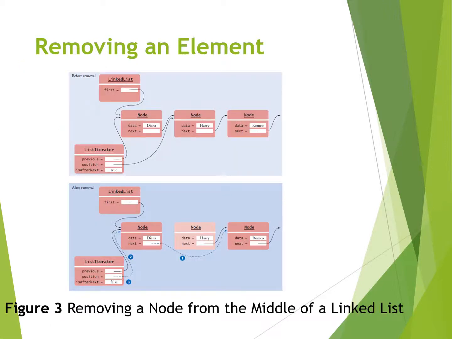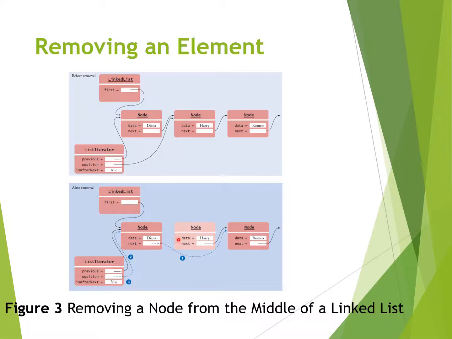So here is how removing an element in a linked list looks. This is before removal and this is after removal. Before removal, position refers to Harry's node and previous refers to Diana's node. After removal, Diana's node refers to Romeo's node, which is the next node after Harry, and this way we are